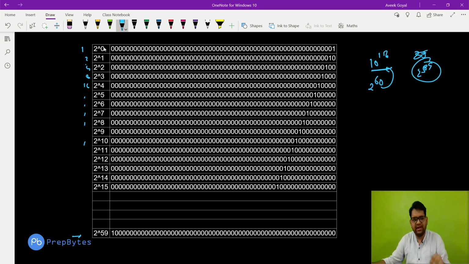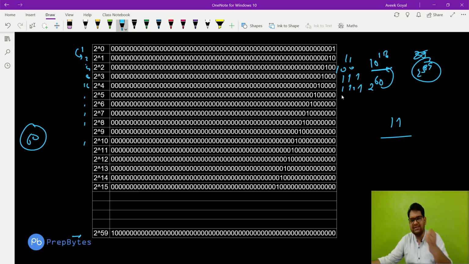Fine. Suppose we have these numbers in my set: 1, 2, 4, 8, 16, 32, 64, and so on till 2 to the power of 59. That means we have 60 numbers with us. If we OR the first with the second, we get 1 1 as the answer. Now we OR 1 1 with 1 0 0, so we get 1 1 1 as the answer. Then we OR with 1 0 0 0, so we get 1 1 1 1 as the answer.